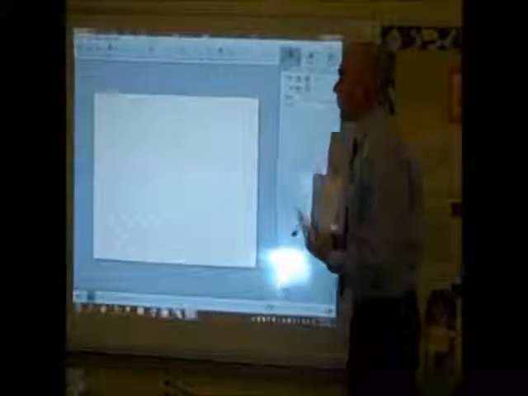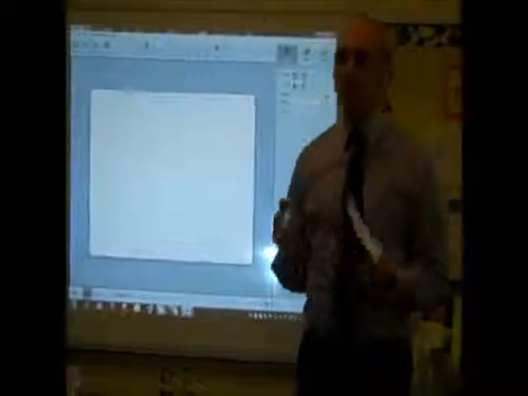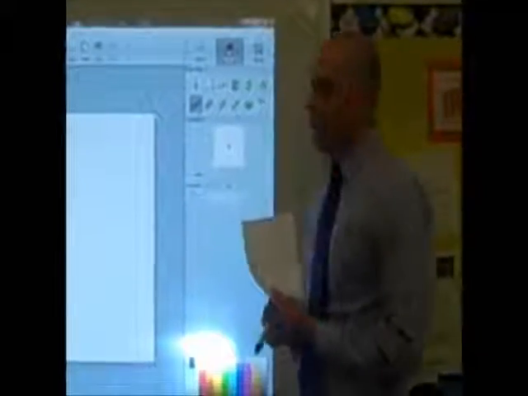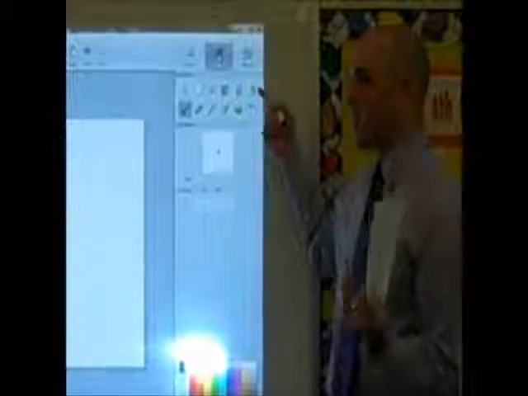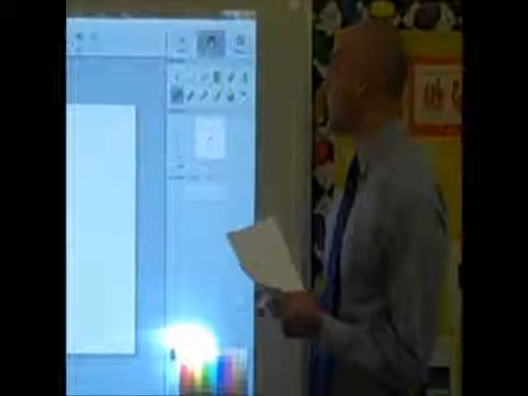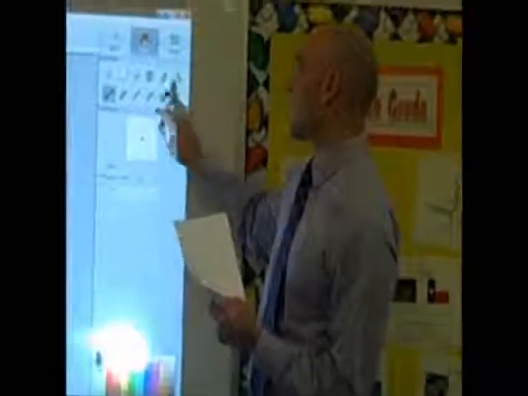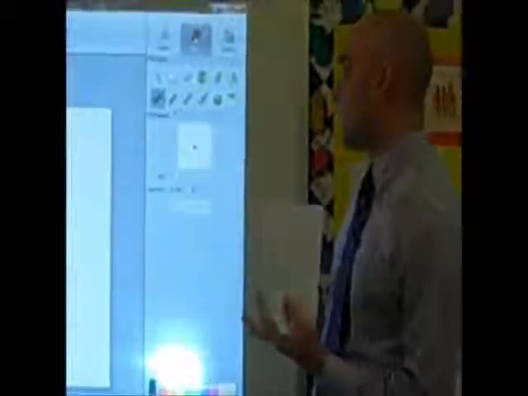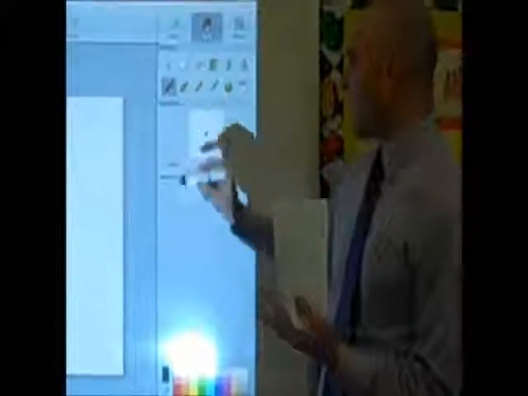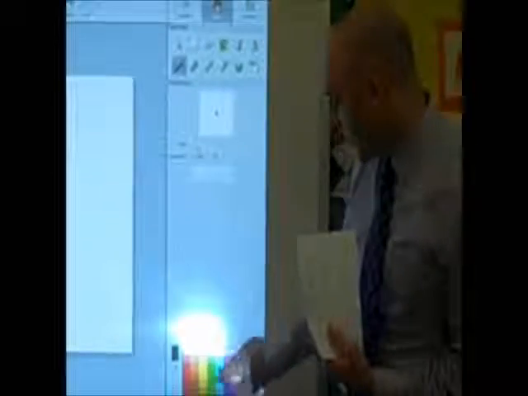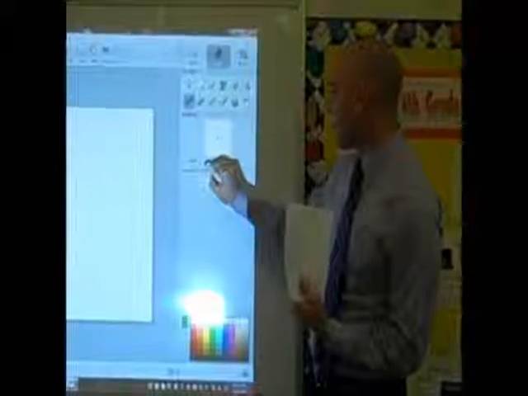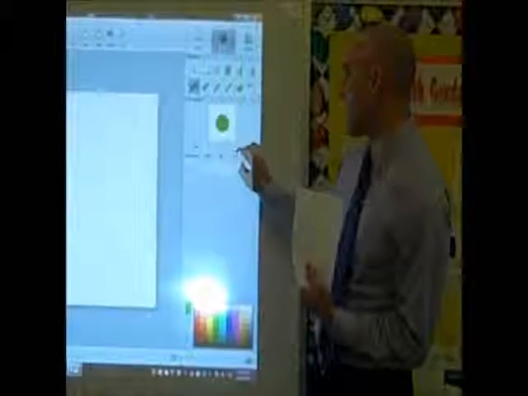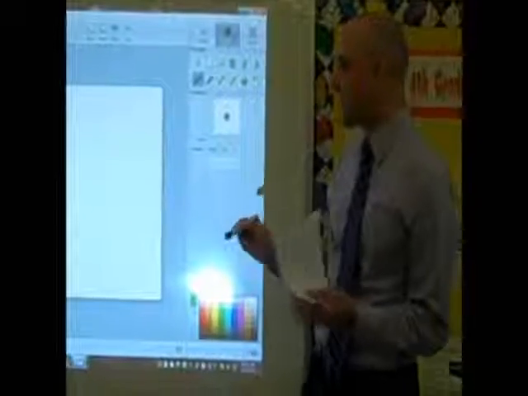I'm going to start with just a brief overview of how to use the paint tools. That's the paint icon. And when you click the paint icon, you'll notice underneath, the tools have changed from the options icon. So I'm going to start here in the bottom row of the paint tools, and you'll see there's many different types of tools. I'm going to start with the paintbrush. You can change at the bottom to any color you'd like. You can also change the size by dragging the slider if you want a big or a small paintbrush. And then it's really